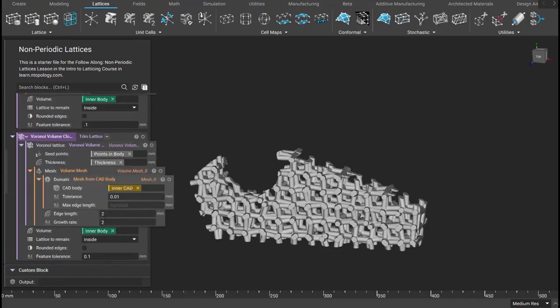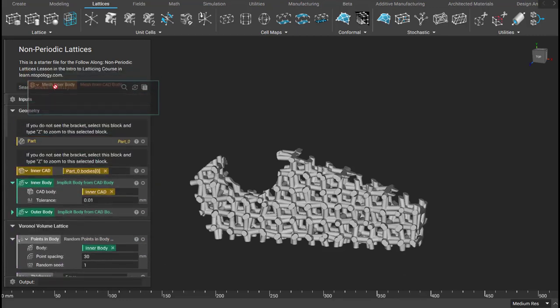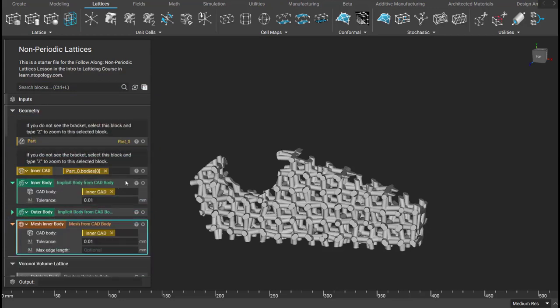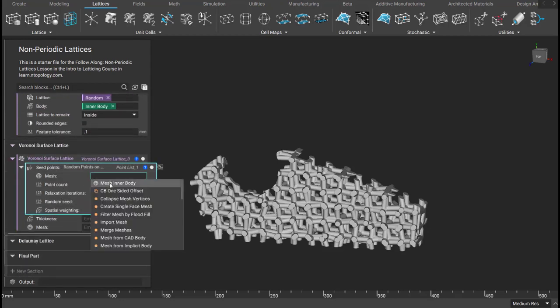We'll scroll up to find that mesh, make it a variable, and call it mesh inner body. For organization, I'll pull it up into our geometry section. I'll add this as our mesh